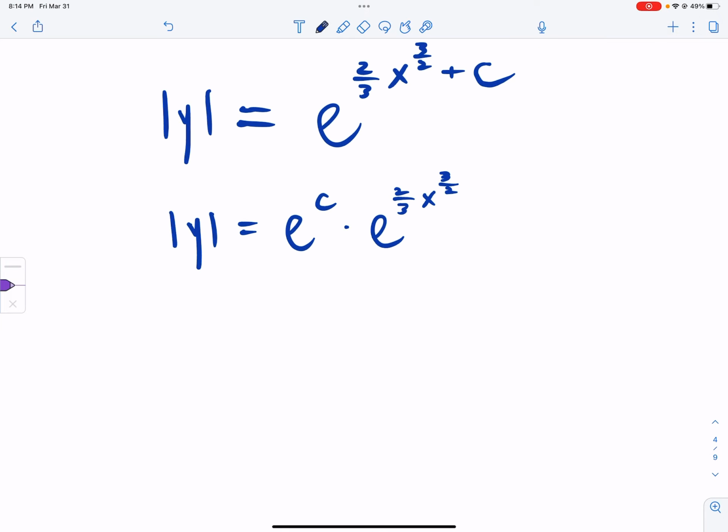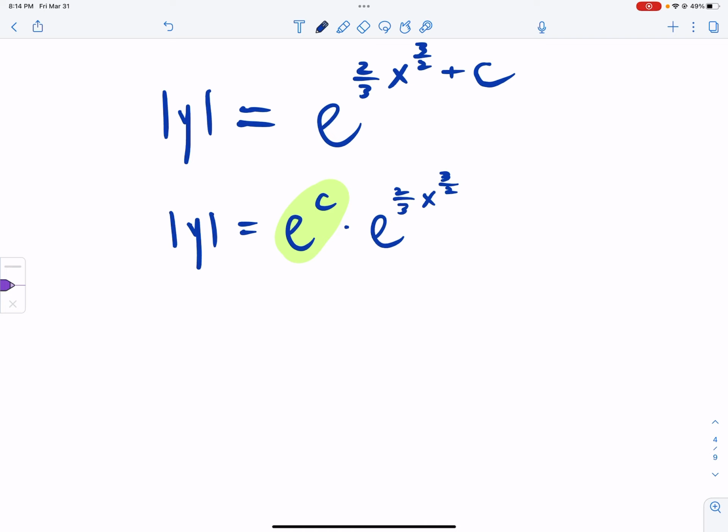Okay, so from here, you should recognize that e to the c, or you could recognize now, I'm going to point it out to you. C is an arbitrary constant. E raised to a constant is still a constant. So e to the c is still just c, an arbitrary constant here. Okay, c just represents